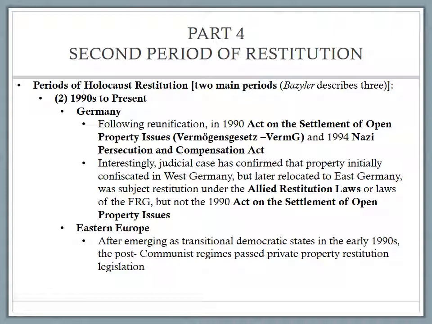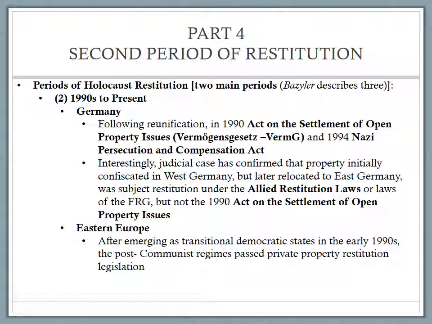So what about Eastern Europe? I hate to make generalizations about more than a dozen countries in just a couple of minutes, but we don't have the bandwidth in this course to make a country-by-country scrutinizing examination of efforts from each of these countries. If you're really interested in property restitution, Michael Basler and I have a book coming out in January that addresses restitution measures in 47 countries from the end of World War II to today. But in the meantime, the following summary can be made regarding restitution efforts in Eastern Europe in the 1990s,